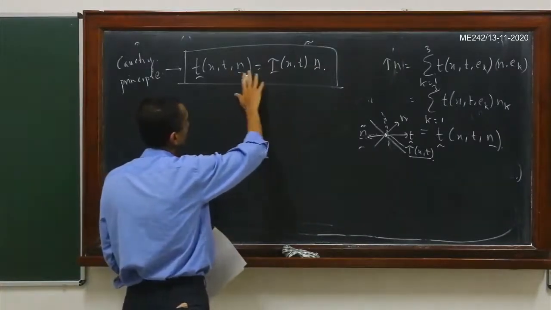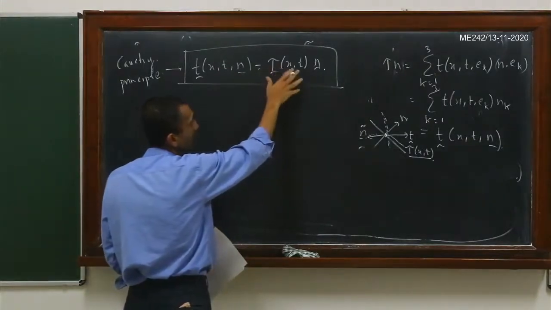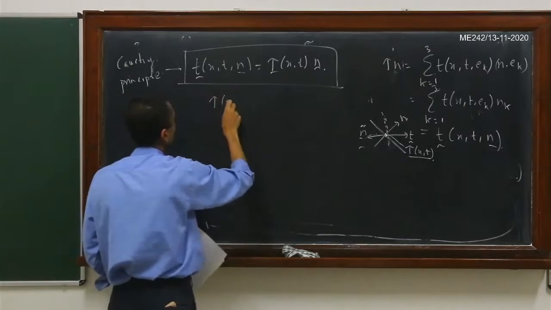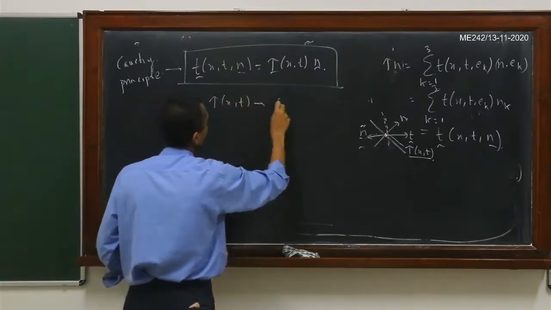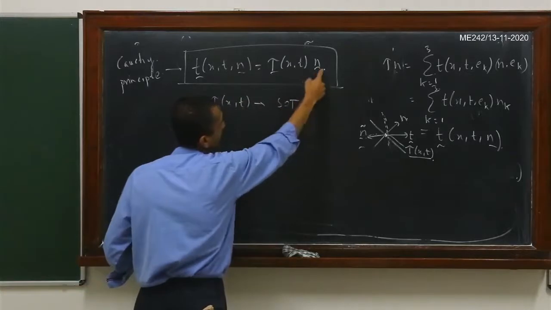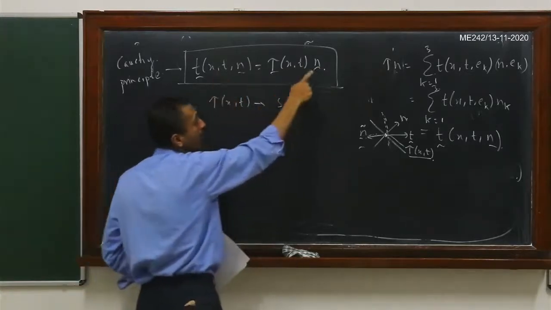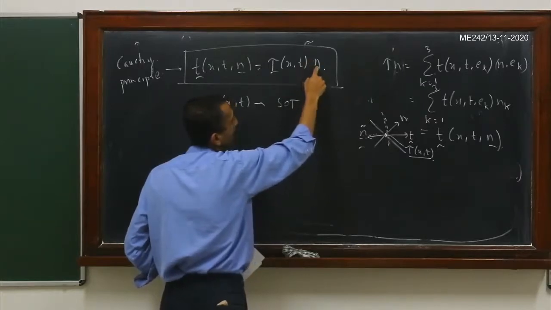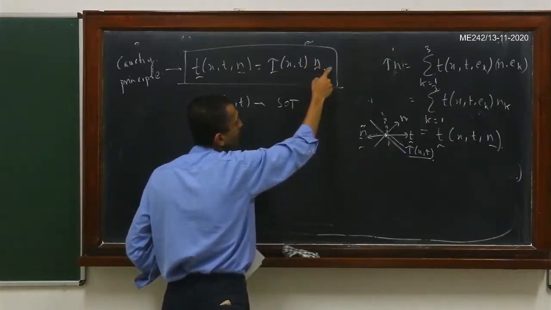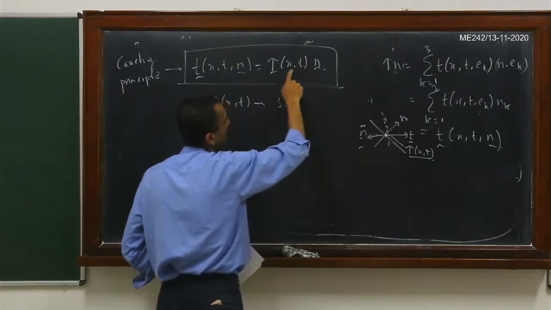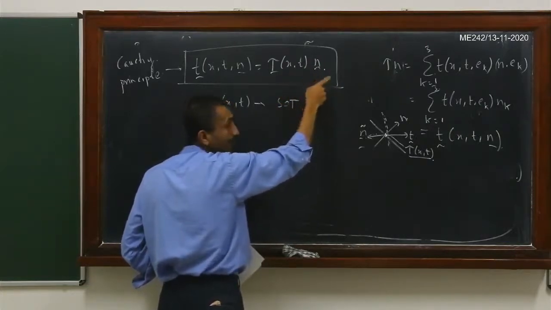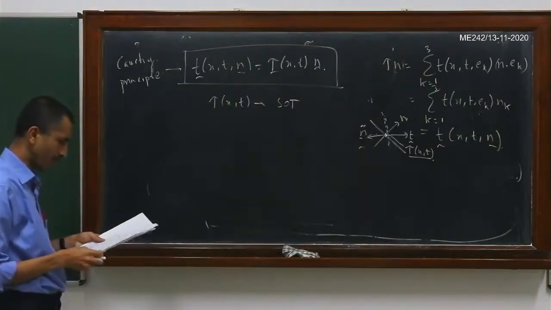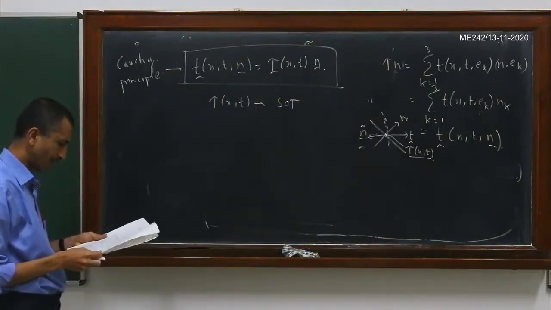The traction vector is the product of a second order tensor. So this tau is a second order tensor. Let me just write that tau of x, t is an SOT, because it maps a vector to a vector, and also it's a linear transformation. If you replace n by alpha times n1 plus beta times n2, you would get alpha times tau n1 plus beta times tau n2. That is why it is linear in n, and so it represents a second order tensor here.